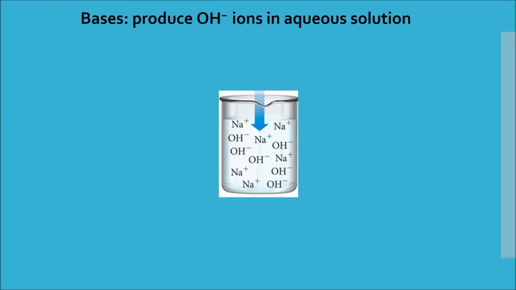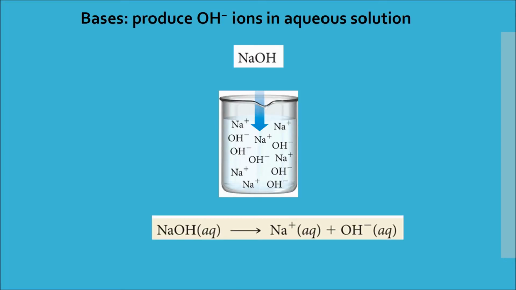Now, Arrhenius defined a base as the opposite of the acid. It produces OH minus ions in aqueous solution. So a solution of, say, sodium hydroxide will always have Na plus and OH minus ions. So as long as OH minus ions are produced based on Arrhenius's definition, then that solution would be considered a base. And this was a very important early definition of an acid or a base,